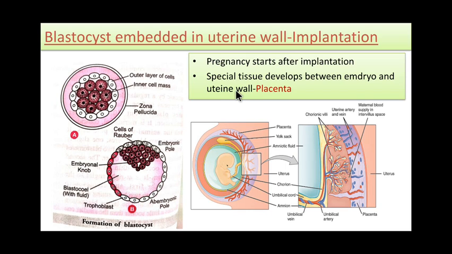Okay, the cells of the trophoblast differentiate into an inner layer and an outer layer. The outer layer is called the chorion, and it forms the chorionic villi. In this figure you can see, which are finger-like projections that grow into the endometrium, and this chorionic villi gets integrated with the uterine tissue to form a structural and functional unit between the developing embryo and the maternal body, that is called placenta. Now this placenta helps in providing nutrients and oxygen to the developing embryo.